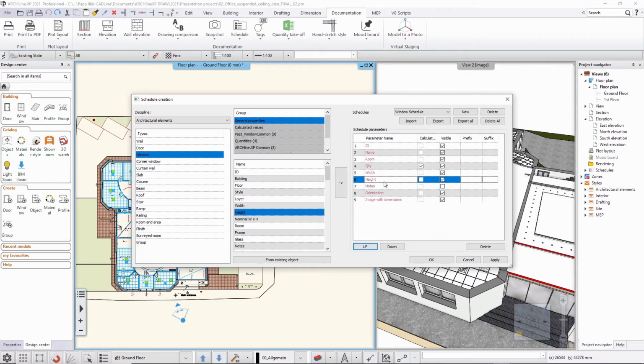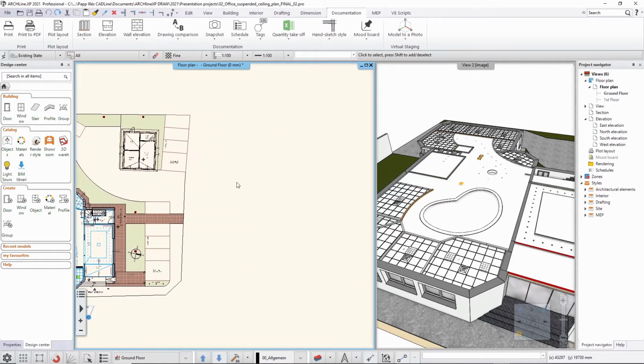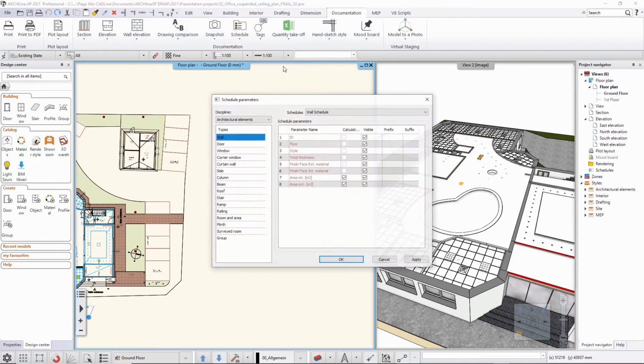So I'm done with this, and we will see a list with IDs of windows, their names, their width and heights, and also the orientation and the images with dimensions. So let's see how that looks. Once I have a free space here next to the drawing, I can just use the placing schedule option, and then I can select the window, and here I can see the one schedule that I have just assembled